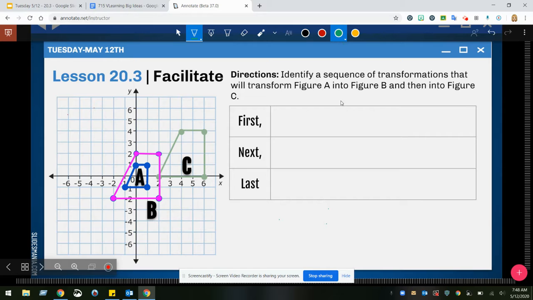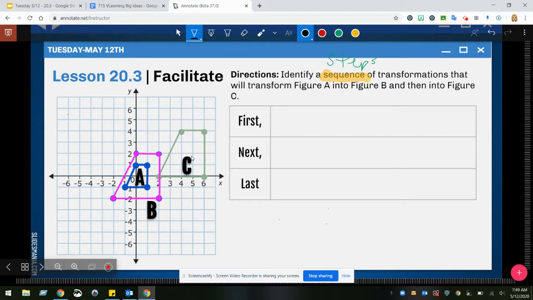Our directions say that we are going to identify a sequence of transformations that will transform figure A into figure B and then into figure C. So just remember, a sequence is a list of steps that we're going to be taking. I'm going to use black for us to move from the blue trapezoid to the pink trapezoid, and then finally